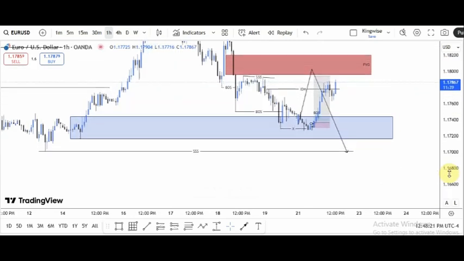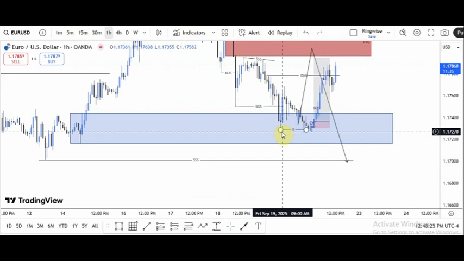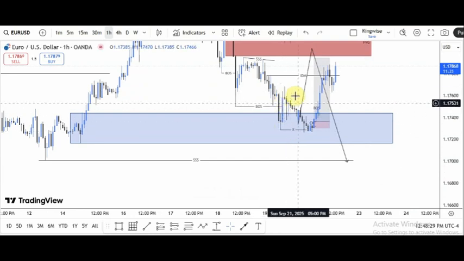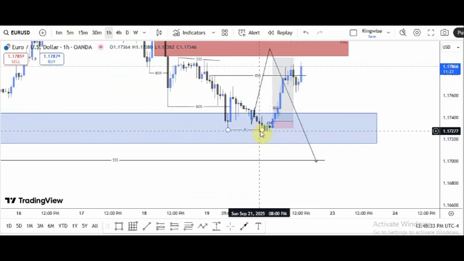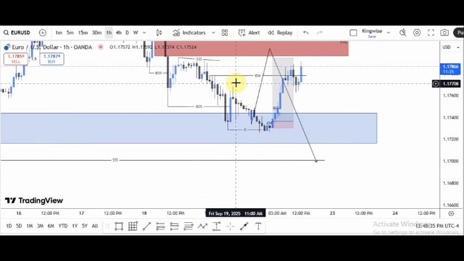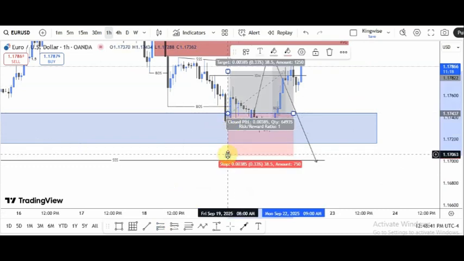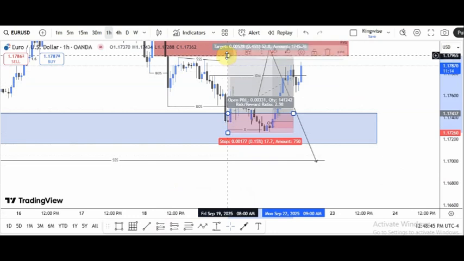And what did I see? I saw this reaction from this point. Price reacted, showing me that price wants to buy. And what now happened? It swept the liquidity. This is the sweep of liquidity I'm talking about. Because if I had seen this thing here, and then I decided to start buying from this doji candlestick, targeting this zone,